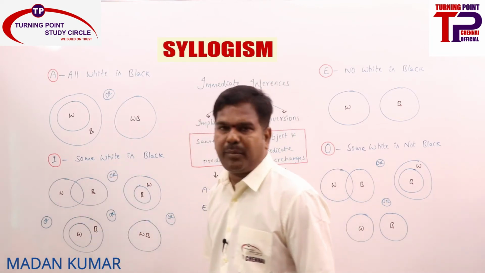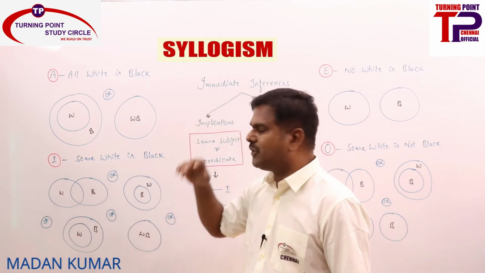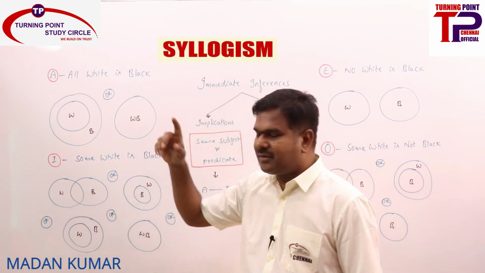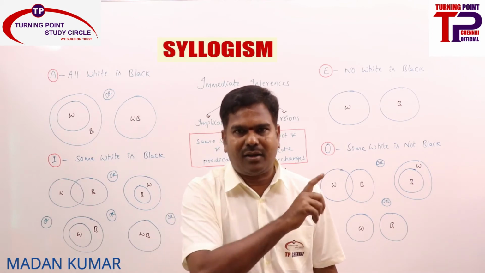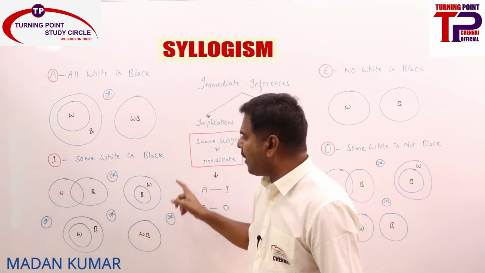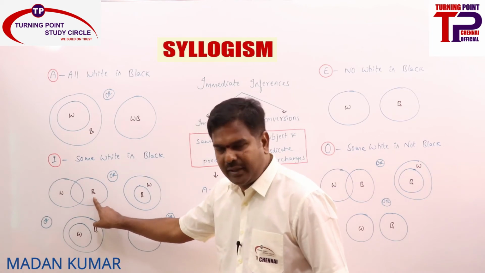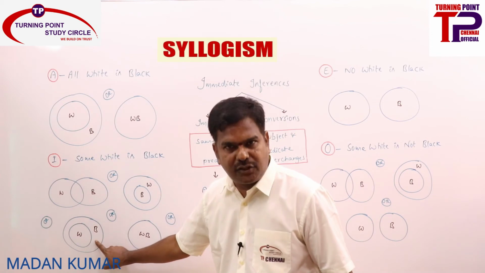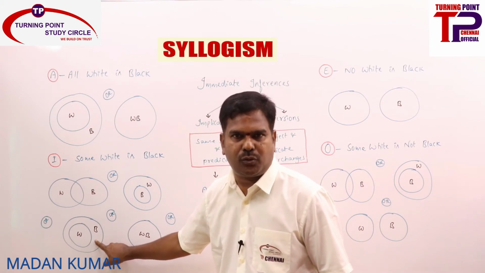Now take O statement. Here many of you are having doubts, right? Whenever we say some white is black, some white is not black also must be true, sir, or some black is not white also must be true, sir. Everything I will prove wrong. Some white is black, we need to prove that some white is not black based on all these 4 diagrams. Some white is not black, is it true? Yes. Is it true? Yes. Is it true? No, right? All white is black, so some white is not black is not true, ruled out.